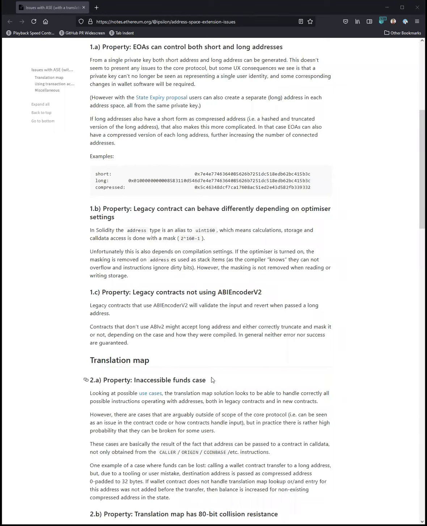Well, I'm personally of that opinion. I generally do agree that we should increase the bits of security. But I would be loath to find out that state expiry gets halted entirely because we couldn't figure out how to do this. Whereas if we were to drop the increased number of bits of security requirements, we could get state expiry super easily. It would just suck to miss out on state expiry because we tried so hard to get more than